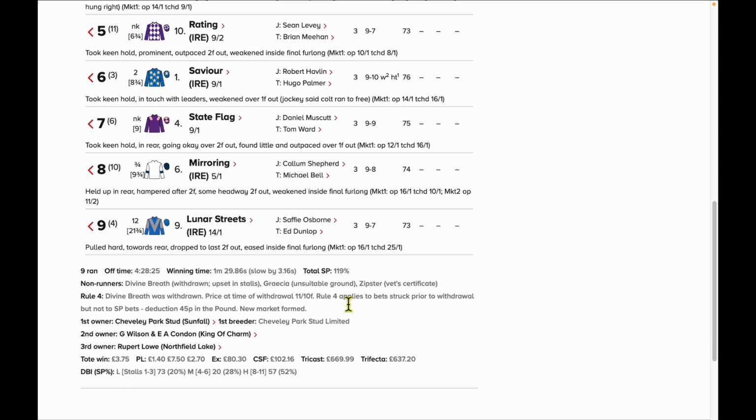You then go down here. This is the standard time. Winning time was this. And the standard time is 3.1 seconds faster. So the ground slowed them down by 3.16 seconds. And it should have slowed them down by 4.725. So we've got 4.725 on our calculator. We then take away 3.16,